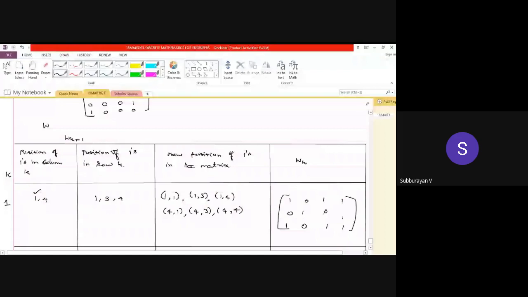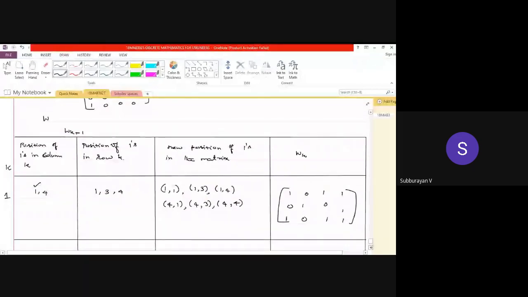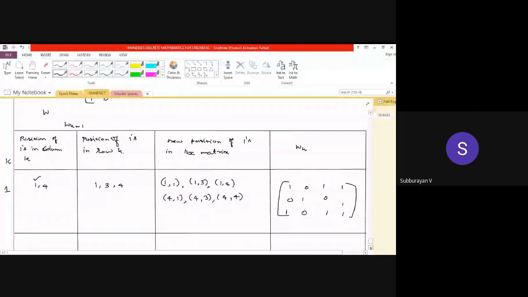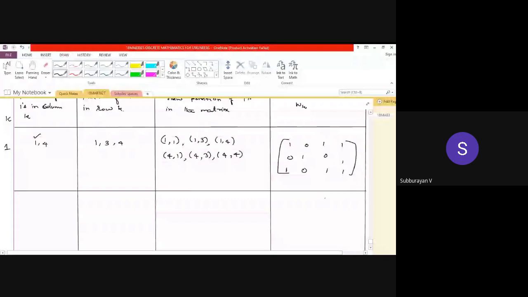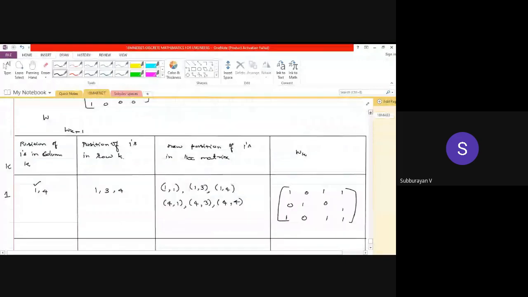Look at this. In the first step, our old matrix is modified into another one. In the next step, we have to take this matrix W1 as the initial matrix. Okay, fine. Now, in the matrix W1, come to the second column. Which entry is non-zero? I think something is missing, right? There are 4 rows, no? Therefore there are some entries, 0, 0, 0, 0. Oh, yeah, thank you.